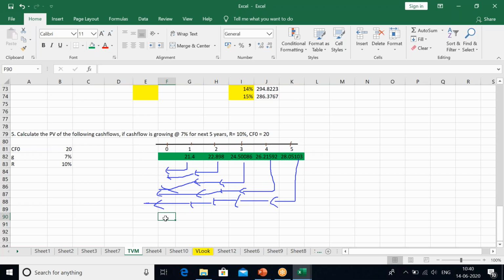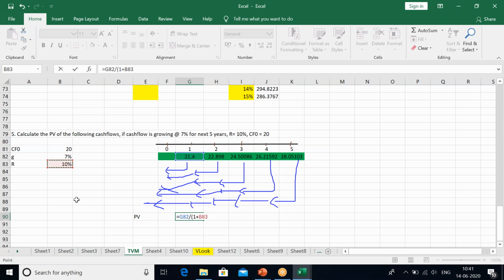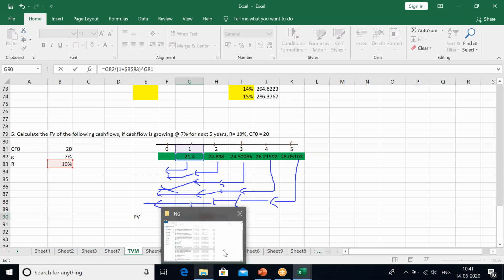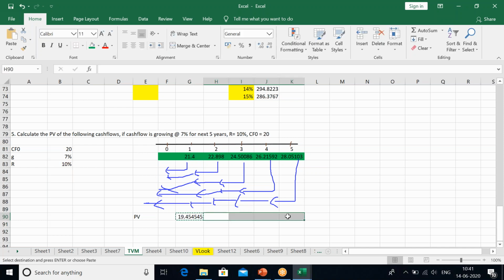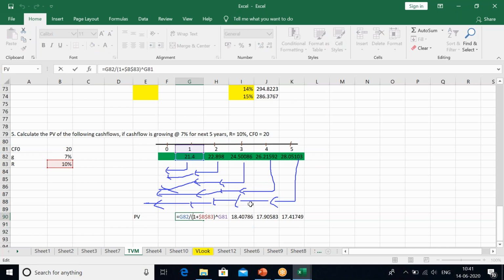So which means if I'm calculating the PV, this would be this divided by 1 plus 10% raised to power 1. We can freeze this cell. कंप्लीट करिए यहाँ तक।